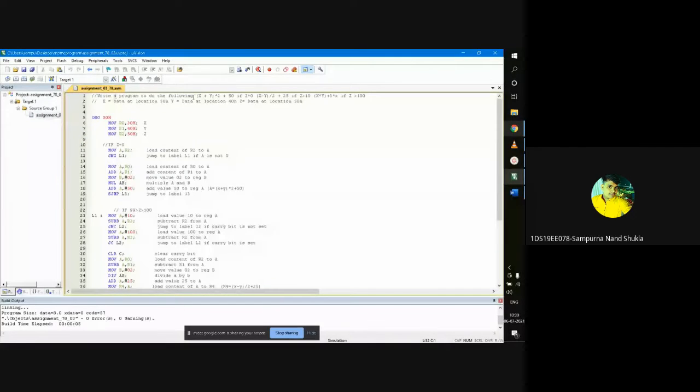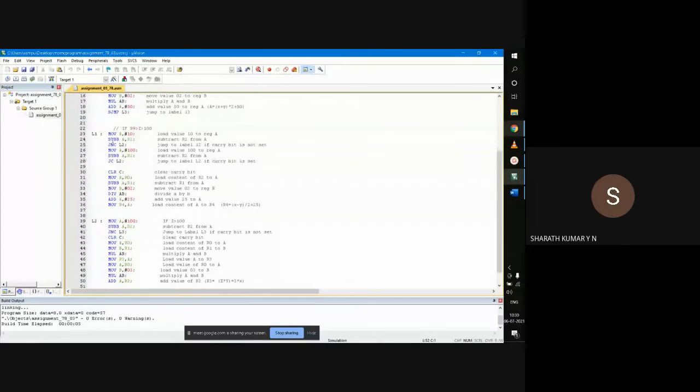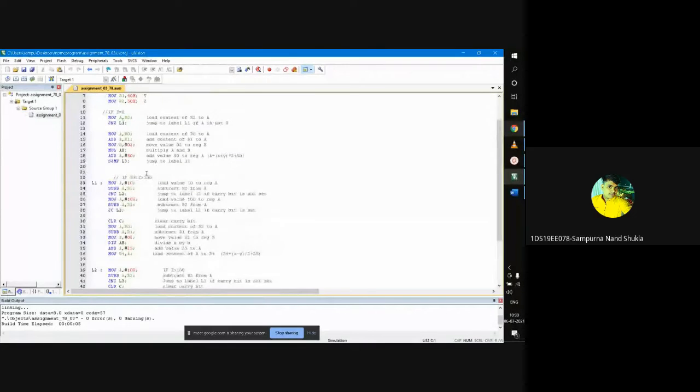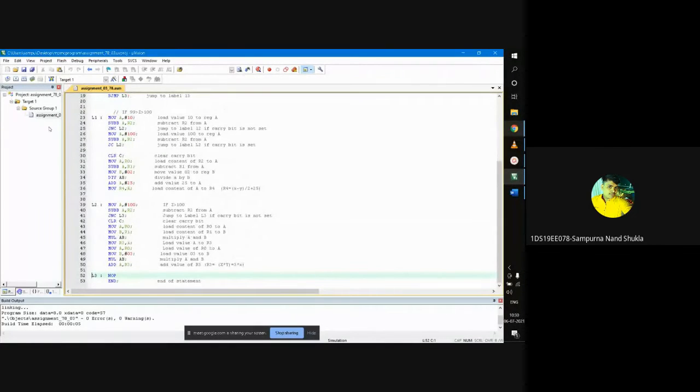So in this program, there are three variables having data locations 30H, 40H, and 50H. We are given three conditions: z is equal to 0, z is greater than 10, and z is greater than 100. And we have three algebraic equations for them. So firstly, we'll load the data into registers, and then we'll check for the condition. If the condition is present, we'll go inside the loop and solve the algebraic equation. Otherwise, we'll move directly to the end. We do this for all three conditions.